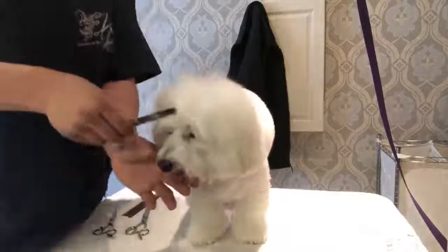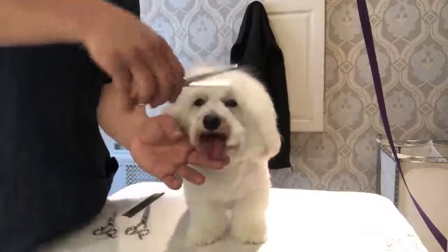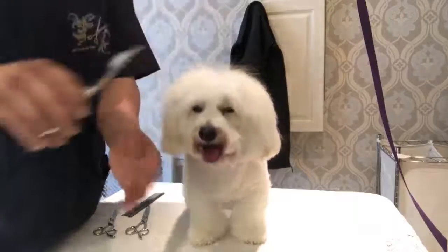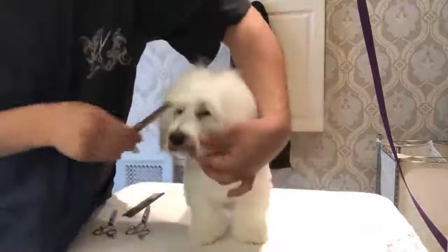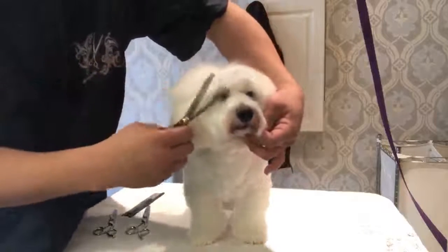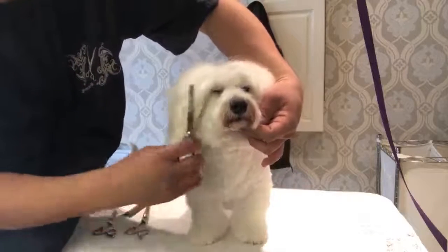You can use your teeth. But yeah, I don't know. Maybe after you brush your teeth, because then the bacteria that's in your saliva will make the dog smell. So maybe don't use your teeth. But other than that,